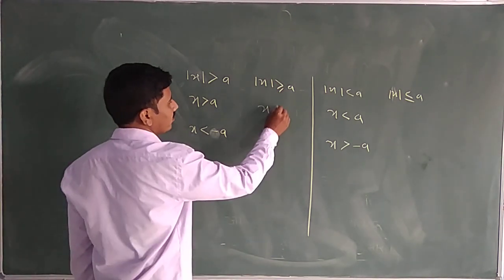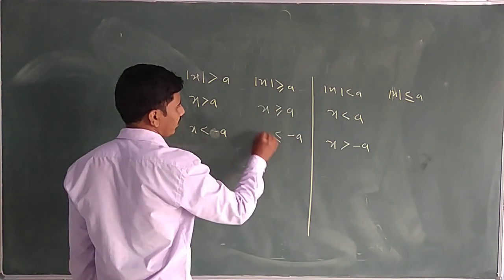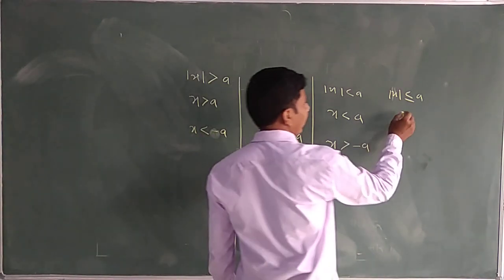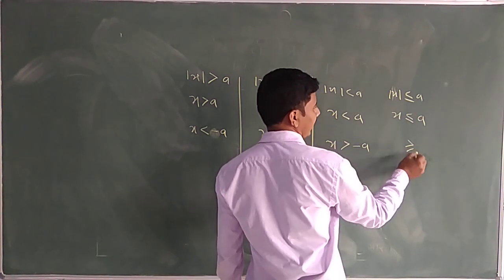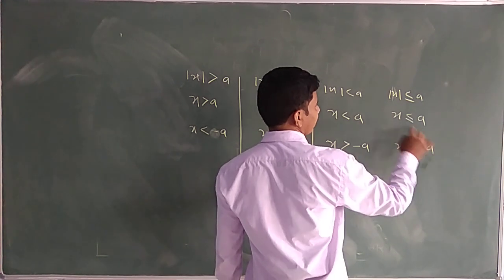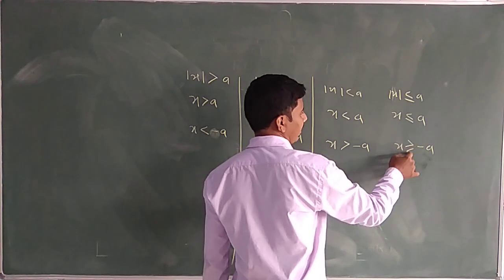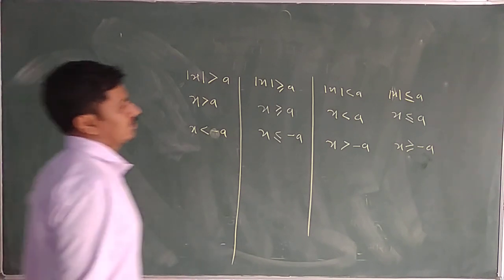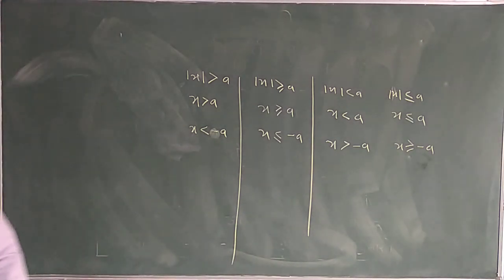So x is greater than or equal to a; do its opposite sign, less than, and apply the minus sign there. So x is less than or equal to minus a. Take it as it is: x is less than or equal to minus a. Do the opposite sign of it: x is greater than or equal to minus a. And x is less than or equal to a; here apply the greater than sign, and x is greater than or equal to minus a. So oppose the sign and change the sign of a. This is the rule. The same rule is there.